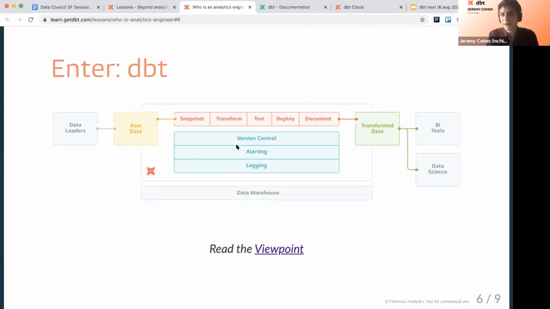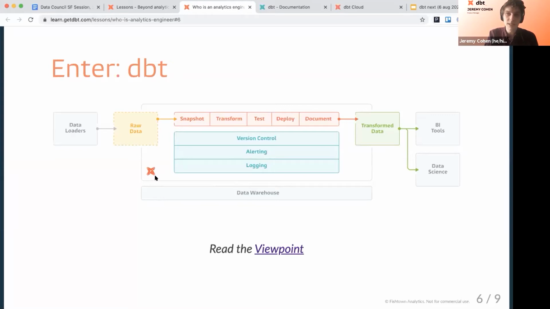These being, in some sense, the principles of software engineering, the recognition being that SQL is code. There are things that people do in the world to build, maintain, and quality assure code. We should be doing those things too. Now, I should say it is 100% possible to do every single one of these things and never have heard of DBT or written a single line of DBT code, to have never typed dbt run into a terminal.